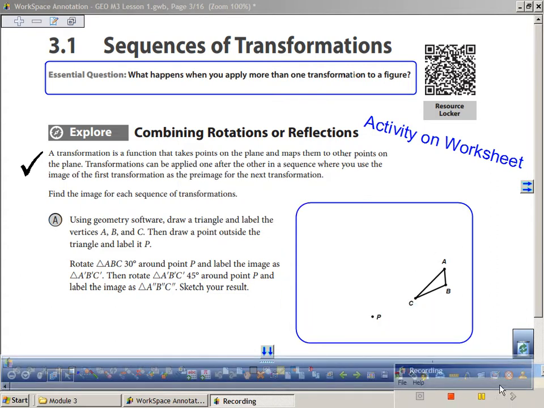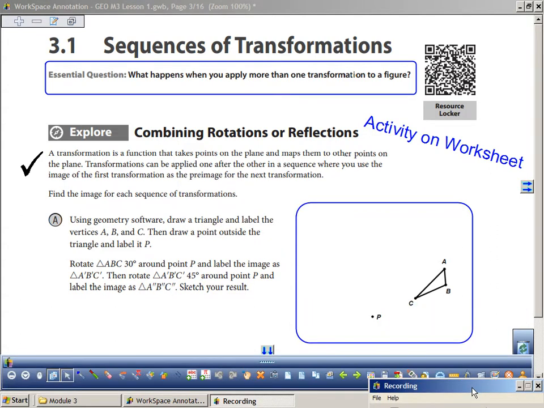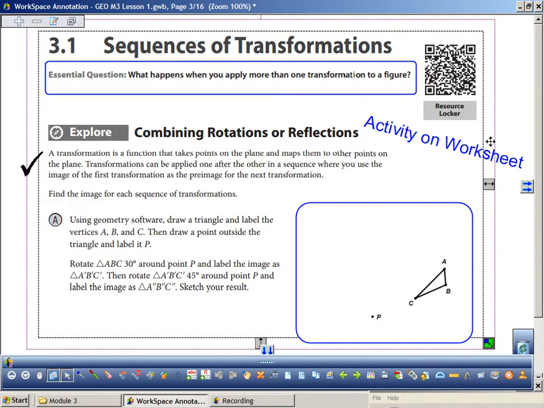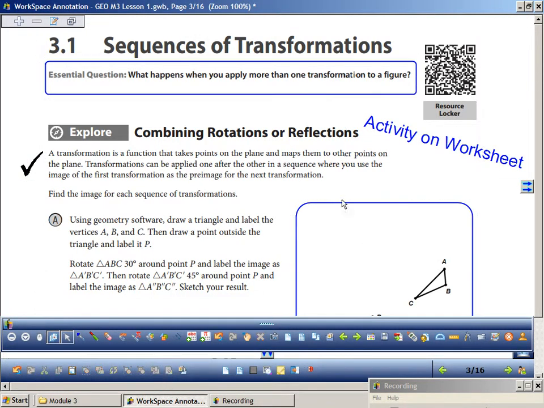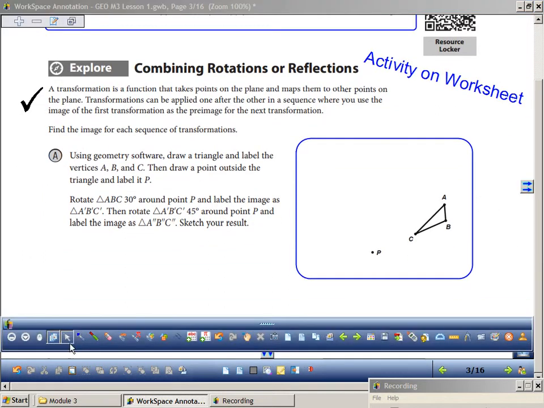We're talking about sequences of transformations. If you have started your activity already, you can go ahead and continue, or you can follow along with me. This activity asks me to take this pre-image and rotate it